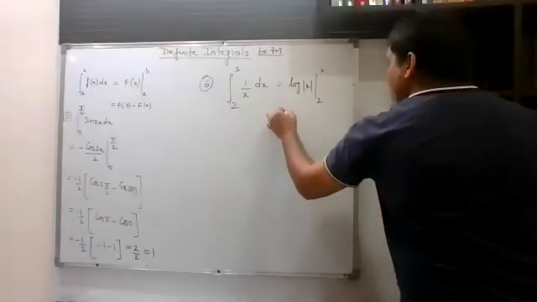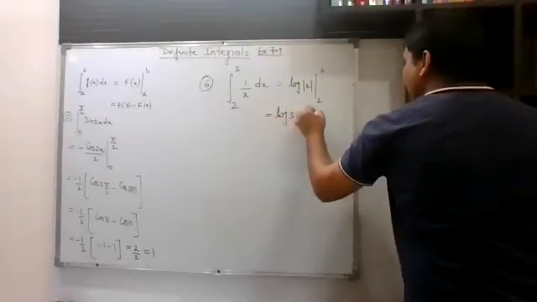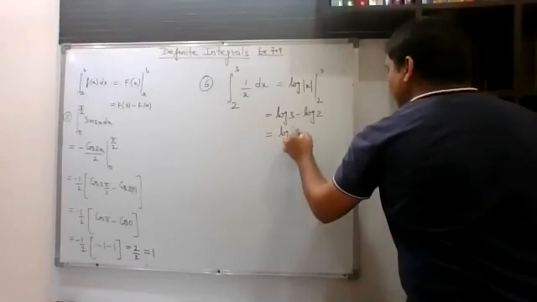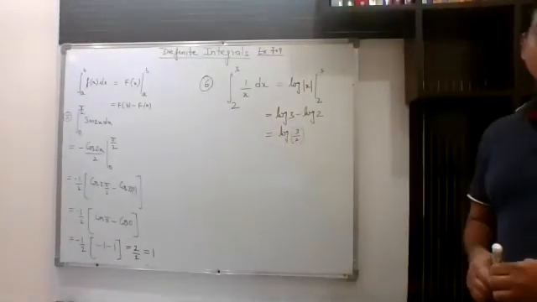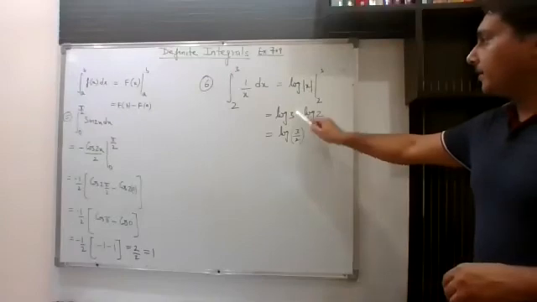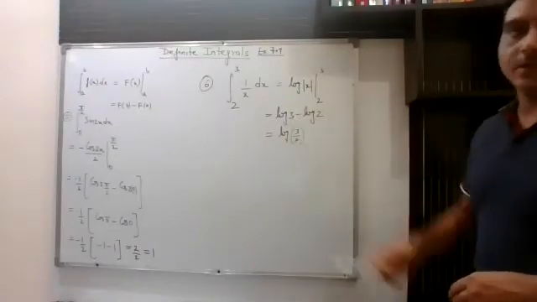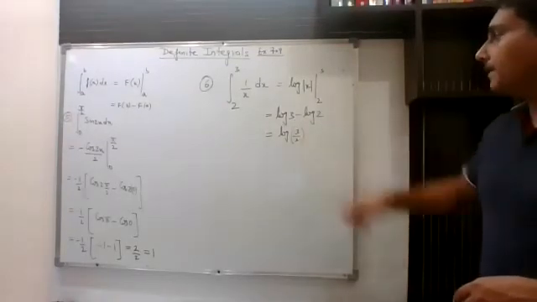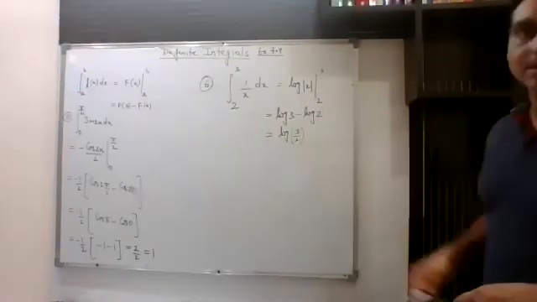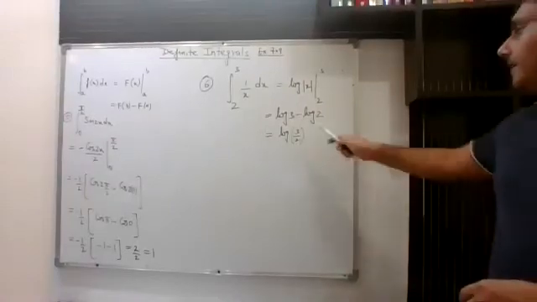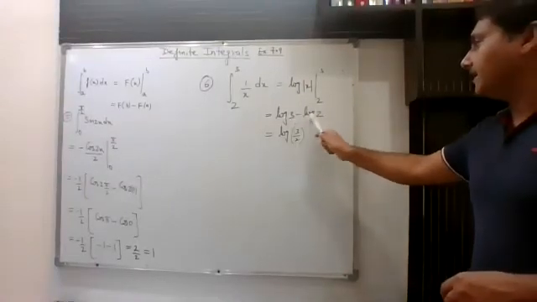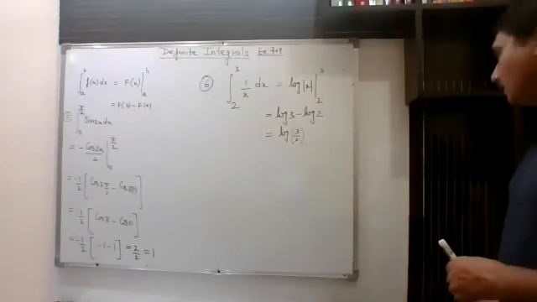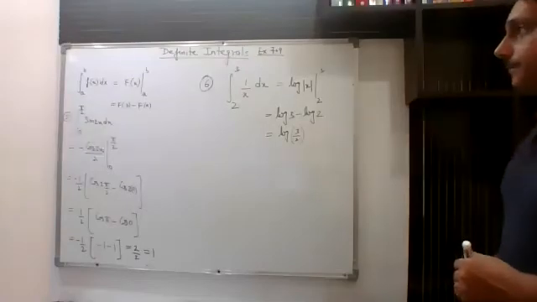So this can be written as upper limit minus lower limit. So finally, by using the properties of log, this can be written as log 3 by 2 also. I had not written mod over here because you know that 3 is a positive number, 2 is a positive number. So I can drop writing this modulus. So finally you will get this as log 3 minus log 2. By property of log, we can write this as log 3 by 2.